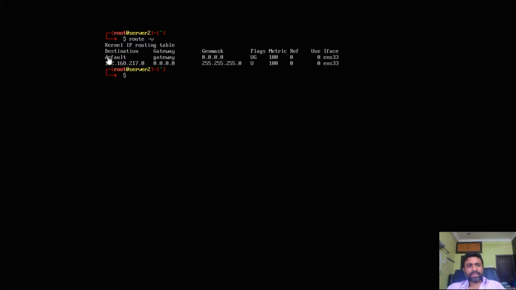So here in this route table, you see there is a first entry. The first entry is the default. What does default mean? Default is nothing but it can be any destination. So for any destination which is unspecified, which is not present in the routing table, the first rule applies, which is default, and the gateway can be any gateway.